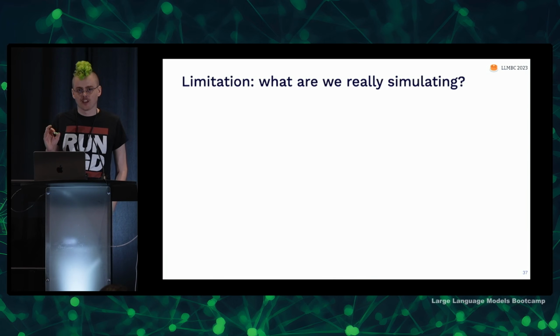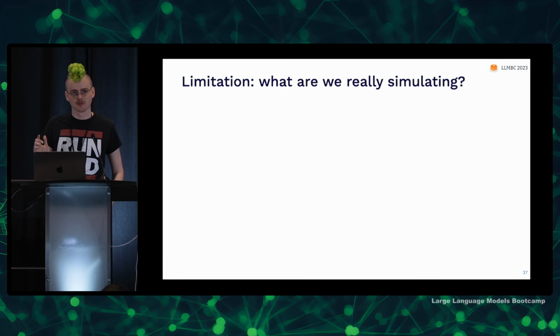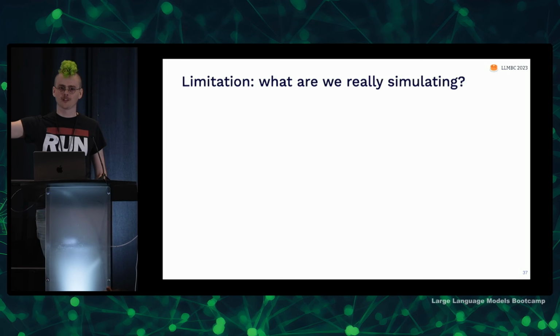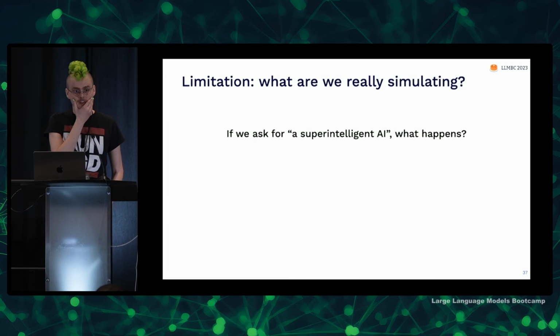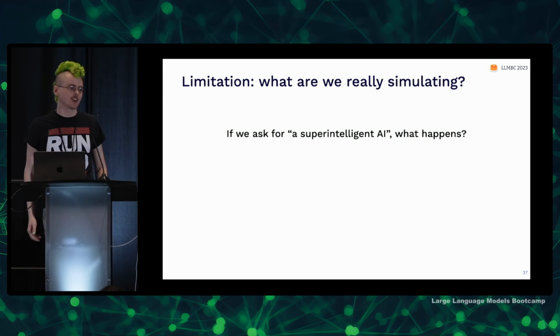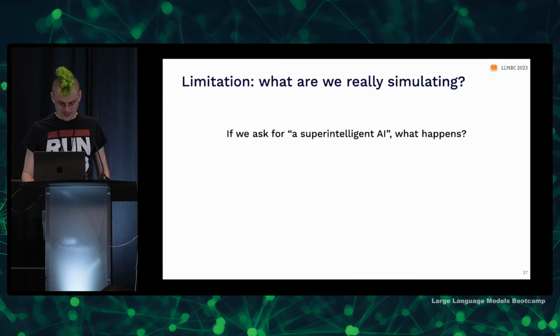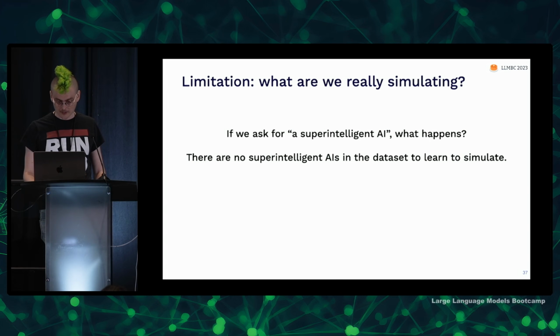So there's a couple of limitations here for our universal simulators, our golem builders. And one of the first ones is, what are we really simulating here, right? We haven't trained this model on all the data in the world. We haven't trained it on the state of the universe from time step to time step. We've just trained it on text humans have written. So we're always going to be simulating something that humans have written about. So if we ask, please answer this question in the manner of a super intelligent AI who wants to make paper clips, what are you going to get? There are no super intelligent AIs in the data set to learn to simulate. So this is not one of the processes that we've learned to simulate by learning to model text.